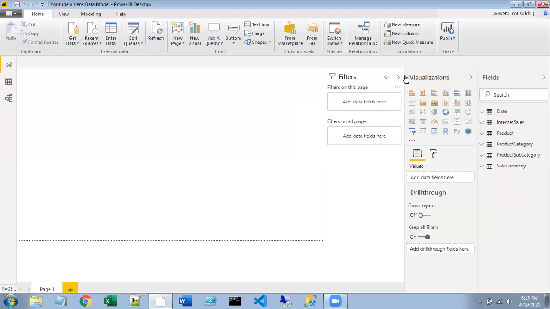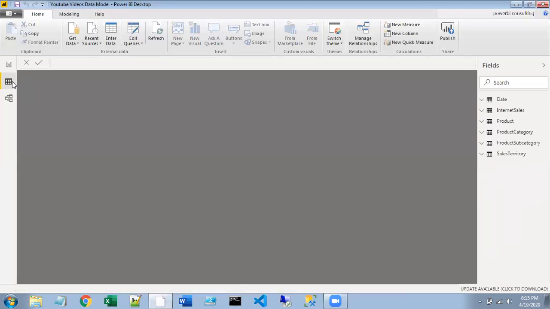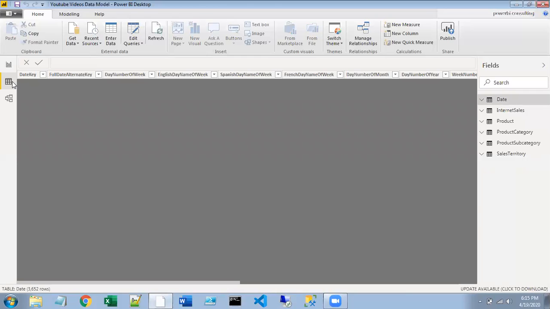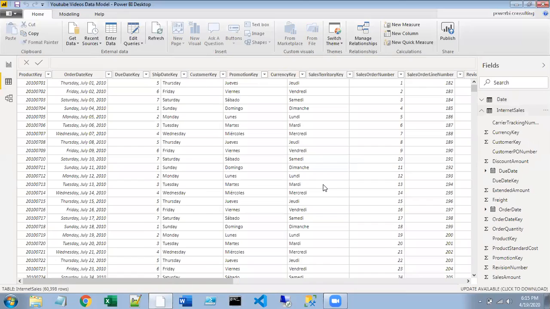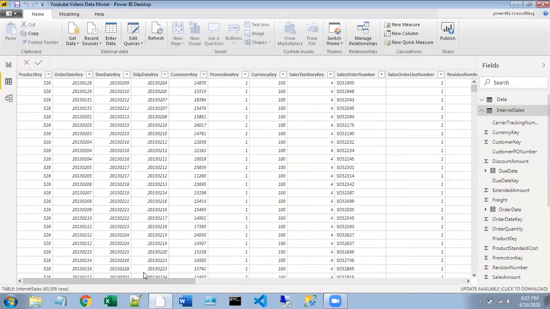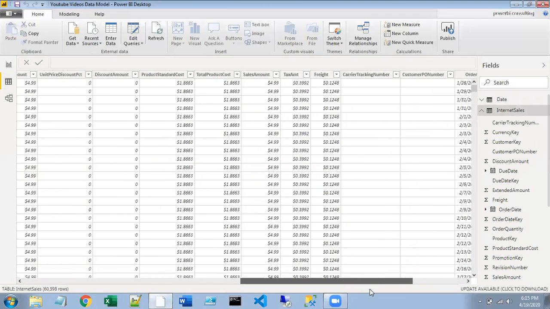How the filter function works. I'm going to take this internet sales table. If you look at the data of the internet sales table, you have a few columns. The total number of rows in this table is 60,398.